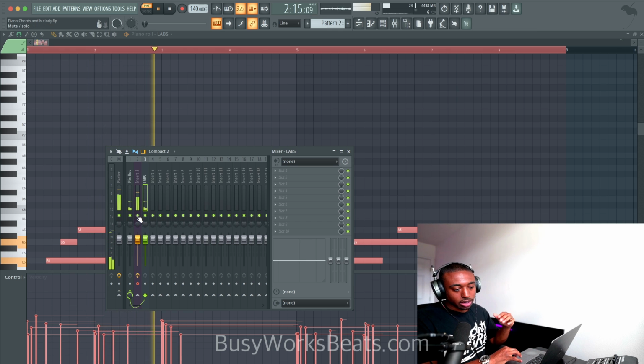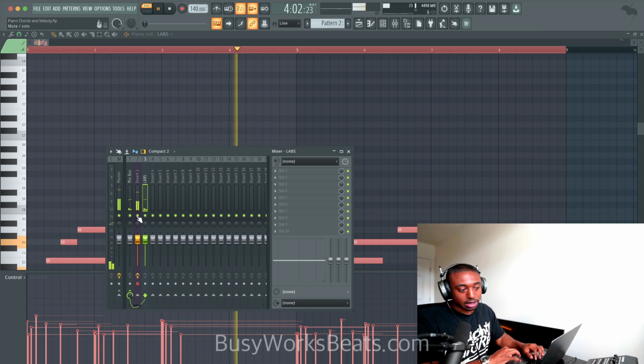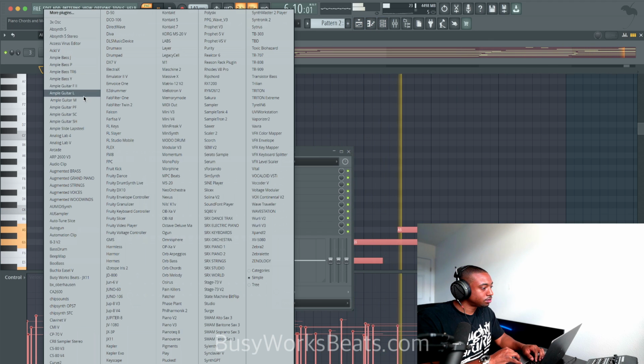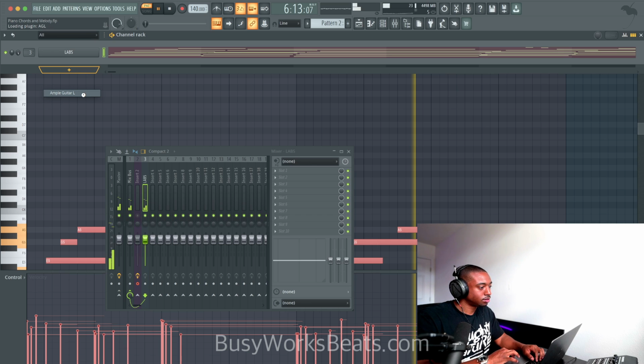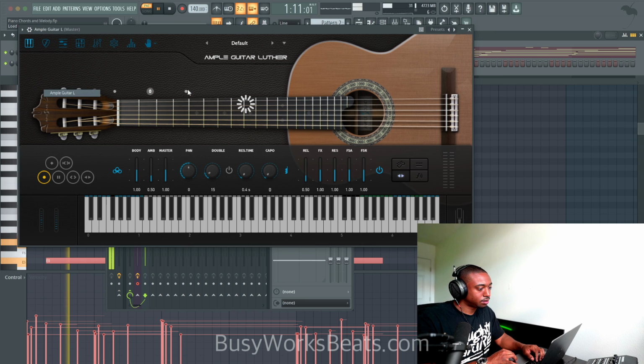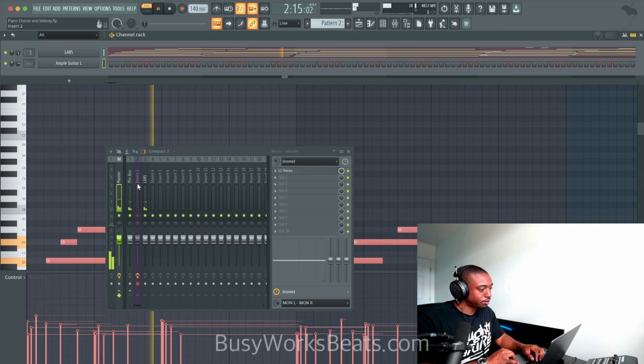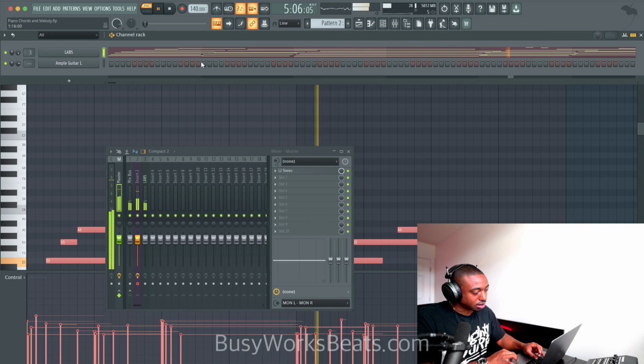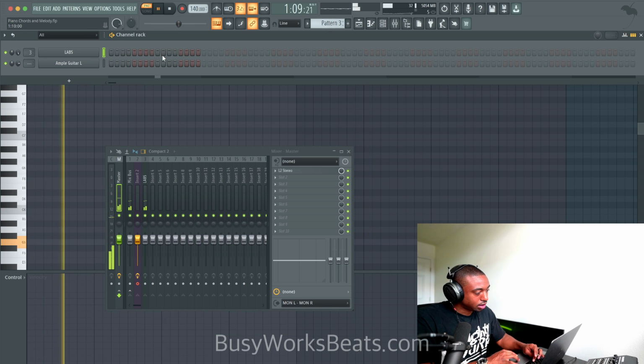Okay, so now we can go in and swap out the instrument to get a different vibe. Let's try a guitar and let's try a Keyscape piano just to give you guys a different perspective on what the melody would sound like.